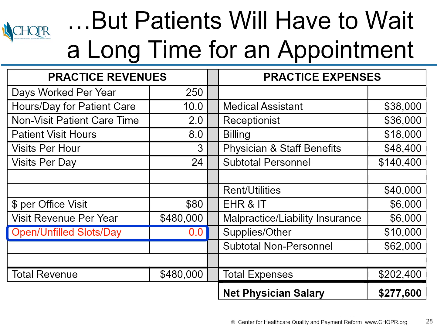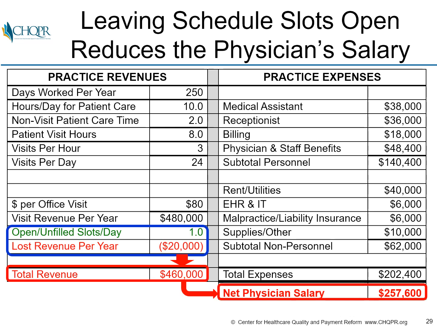patient visits, and that means it will be impossible for a patient to get a same-day appointment if they need one. If the primary care practice leaves slots open on the schedule to accommodate urgent needs, the practice will lose money, $20,000 per year for one open slot per day. The lower revenue means a lower salary for the physician because all of the other expenses in the practice are